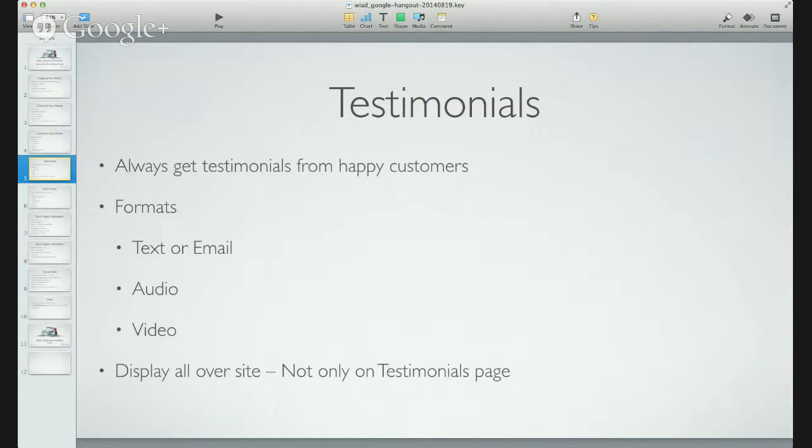And then the last point there on this page is you want to display these testimonials all over your website. You don't just want to display it on your testimonials page. I didn't mention that, but it's important to have a testimonials page on your website as well, where you can place these testimonials. But don't only put it there.